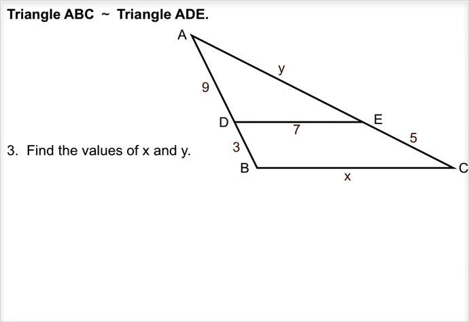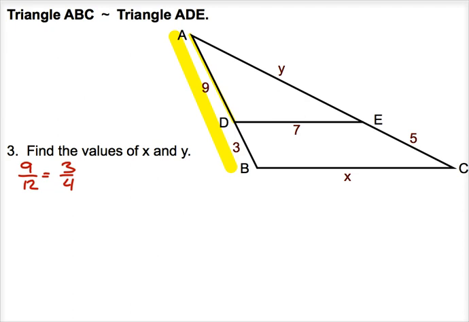Okay. Number 3, find the values of X and Y. Right, and it tells me up in the directions here, triangle ABC, which is the large triangle, is similar to triangle ADE, which is the smaller triangle. So finding the values, first thing I want to do is get a scale factor. So I'm looking for two values, and I noticed that in the small triangle, I know that this length is 9, and in the large triangle, this corresponding side is going to be 9 plus 3, which is going to give me 12. So thinking my scale factor, small to large, is 9 in the little triangle and 12 in the large triangle, and I'm going to reduce this scale factor to